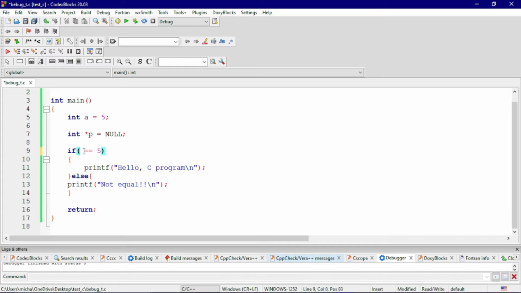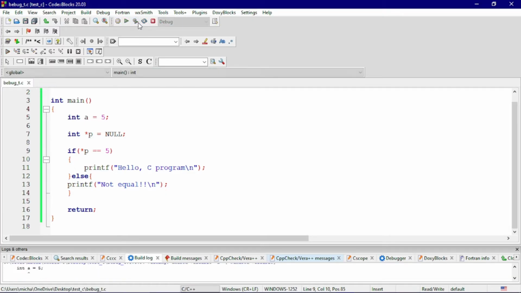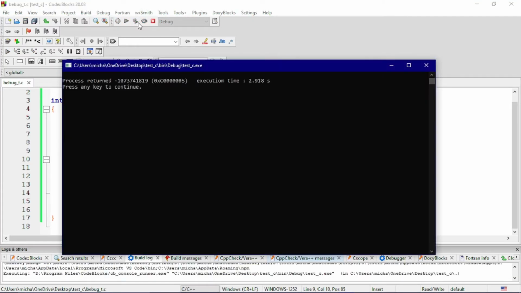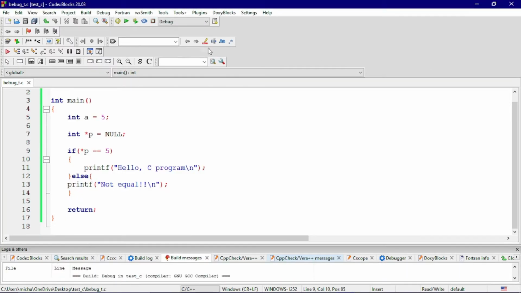That is going to be by changing this A, by putting the pointer down here, a pointer which is equal to null. We are comparing it with the value 5 up there. What will the program print? So let's try to print this. It's giving us something like an empty output.